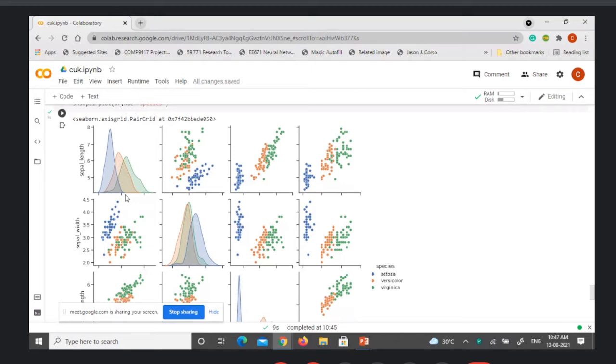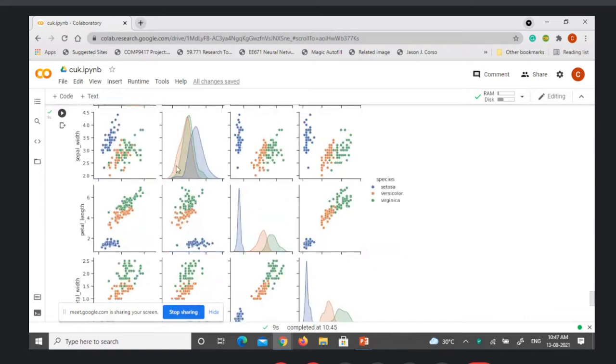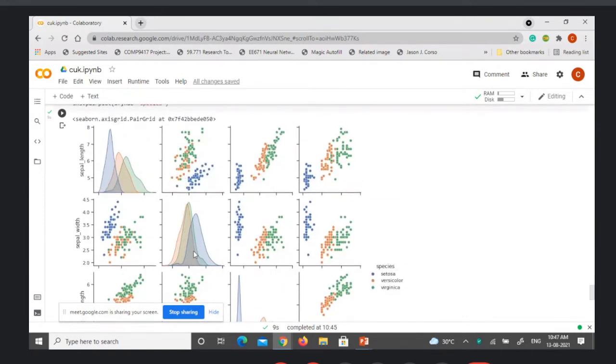Linear classification is not possible, and even a non-linear classification is not possible because of a huge overlapping of the data. You can see this overlapping portion, this overlapping portion, and also here overlapping. So it is not possible to use sepal length alone. And if you see the sepal width, there you have even more overlapping. Almost every peak is getting merged. So here also it is not possible to do linear classification with this particular attribute alone.